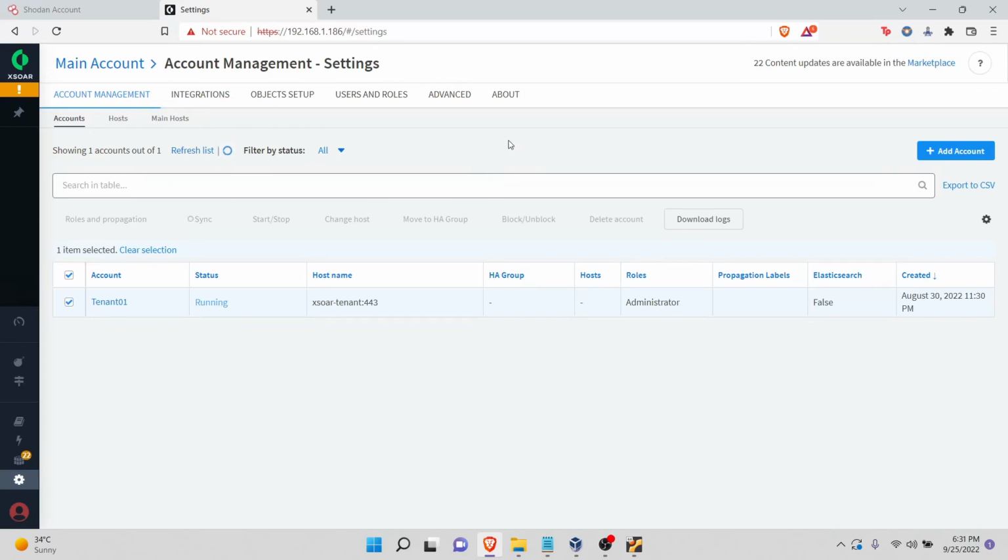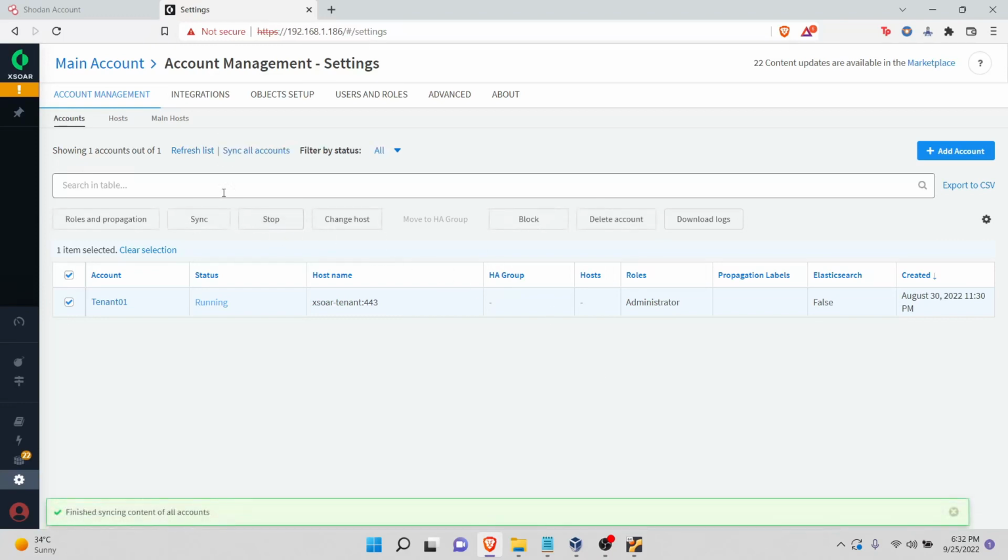And after the syncing, you will be able to see the content pack and all the integrations, playbooks, everything in the tenant. Still going. Done. Now we will switch to tenant